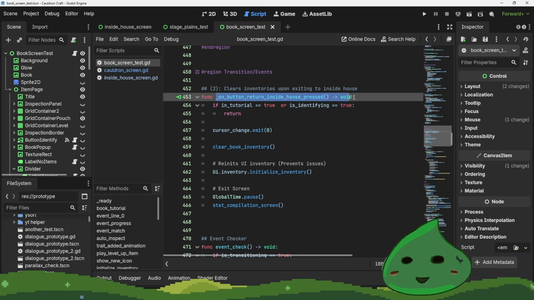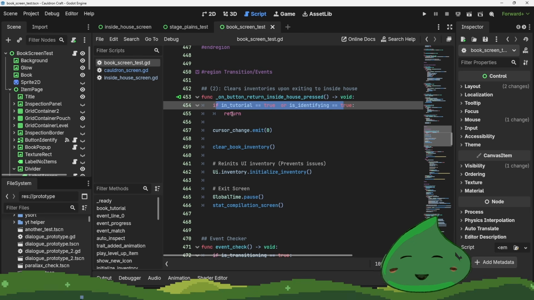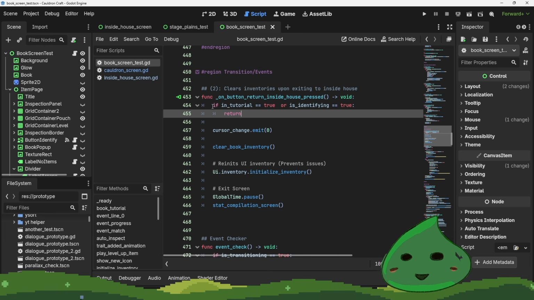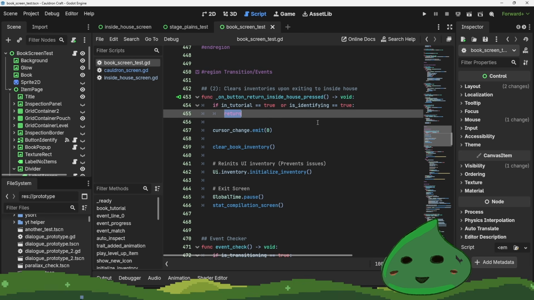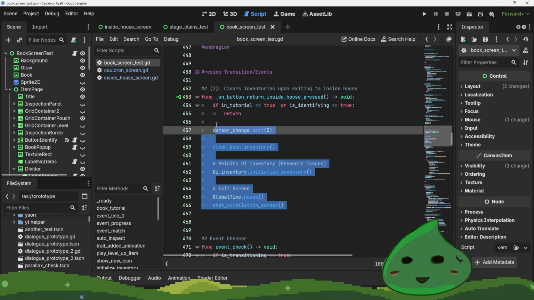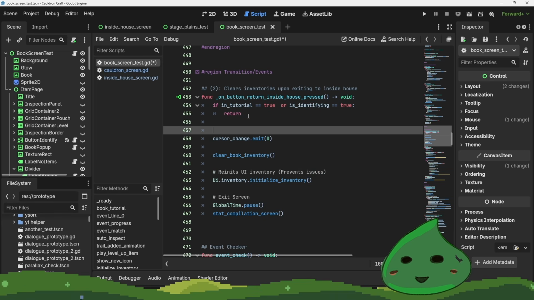You can look at this function right here. Whenever a return button is pressed, it's going to run this line of code, right? And you're going to notice that I have this if statement at the very top, where if certain conditions are true, it's just going to return right at the start of it. And what some of you guys might be used to is a more vertical, I don't know if vertical is the right word here, but you might be doing something like